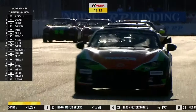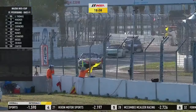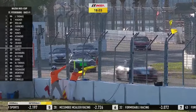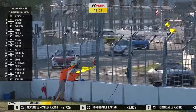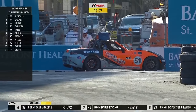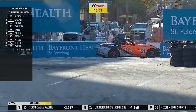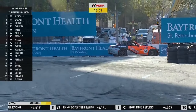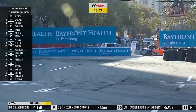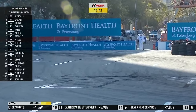Full course yellow. Now I can only presume this is for Tyler Gonzalez, who has not got his car back to the pit lane. Yellow flags are out around the circuit, double yellows with just on 18 minutes to go. It's our second full course yellow, and indeed my fears have been confirmed that Gonzalez, with, I can't see any damage on his car. I think also from his demeanour behind the wheel, Shea, and the frustration he was showing, I think that's